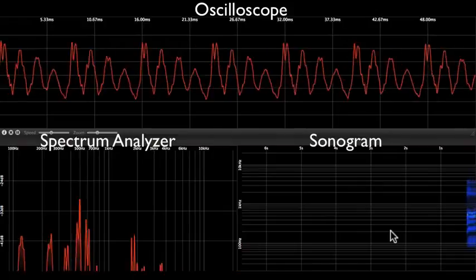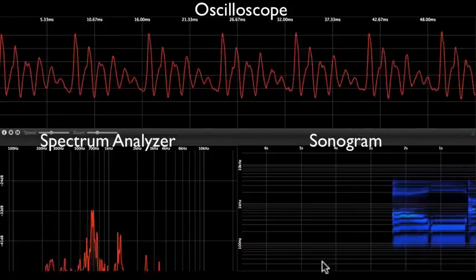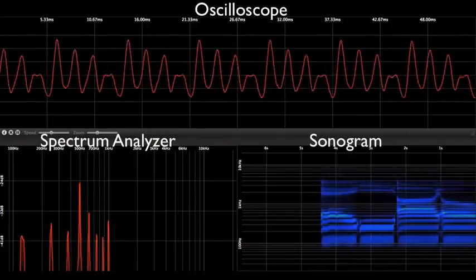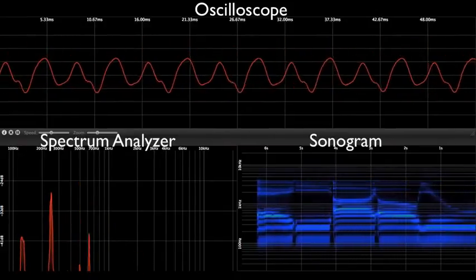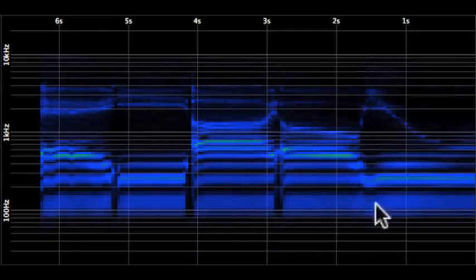Here we go. A, E, I, O, U. So we see in the sonogram analysis, we can really see that when I sing on a single pitch,